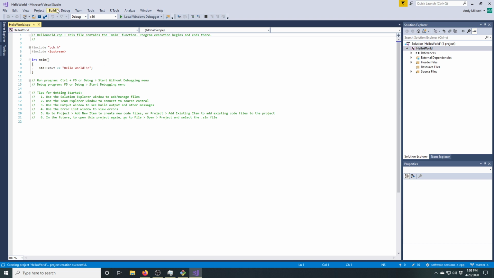First, it tells us our project name up here at the top. It then tells us our file, helloworld.cpp. It is convention to name files by the type that they are. So if you are using C++, you would name it .cpp. If you're using C, you'd name it .c. And if you're naming it something like C#, it's .cs, Python's .py,